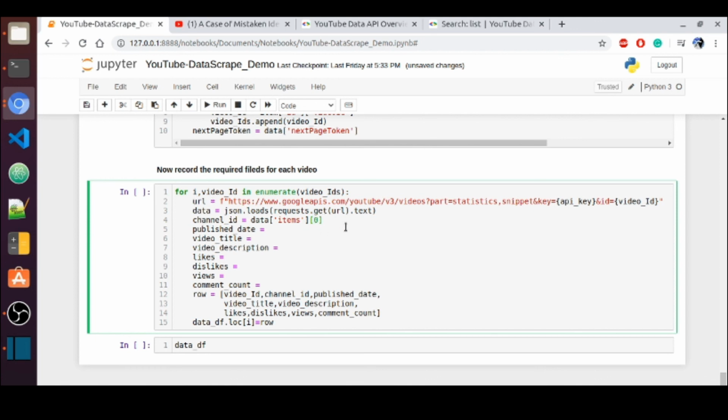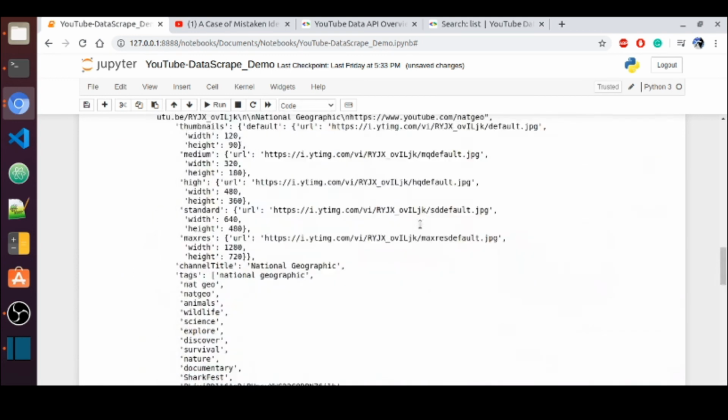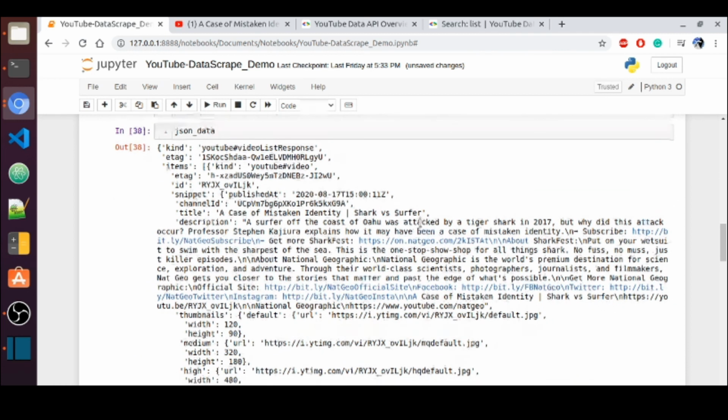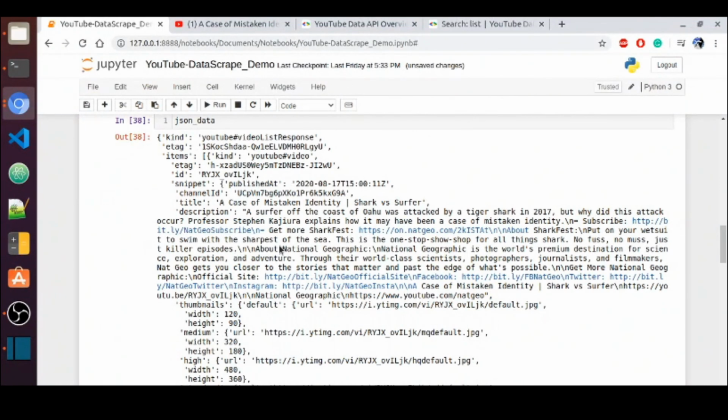So in that one response we should collect the value that is there in the channel ID key. The same response will be iterated for each and every video ID. There will be 250 video IDs, so for every video the same thing will happen. When it is iterating, we will be recording this information, channel ID and title and everything. We are going to do that.